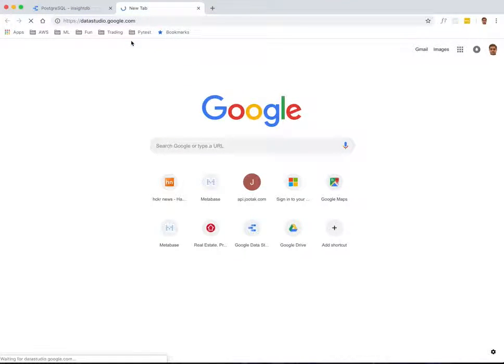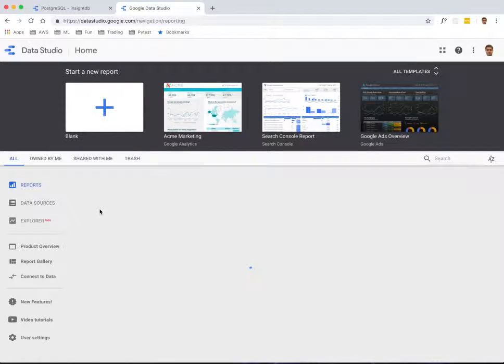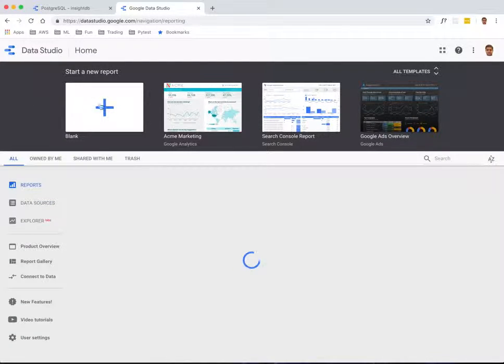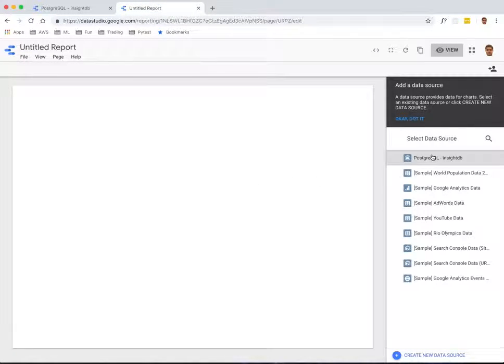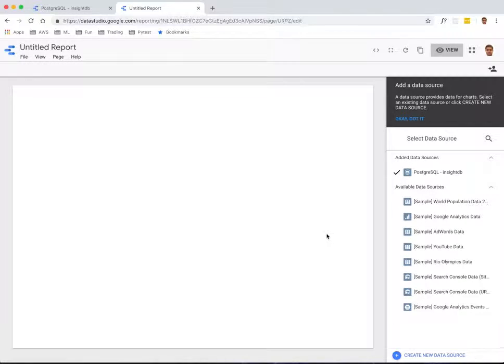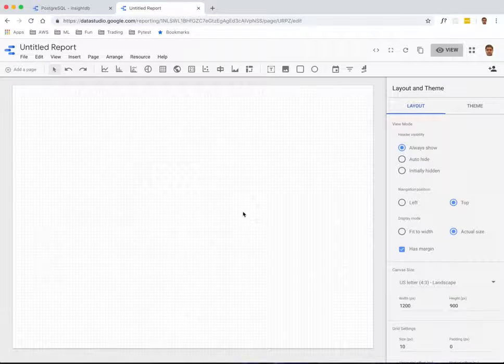The next step that you can do is go back to the home page, and in the home page you can see that we now have a new data source. Go back to reports and say start a new report, and here you can see that our new data source is listed. You click on that, say add to report, and once you add to report